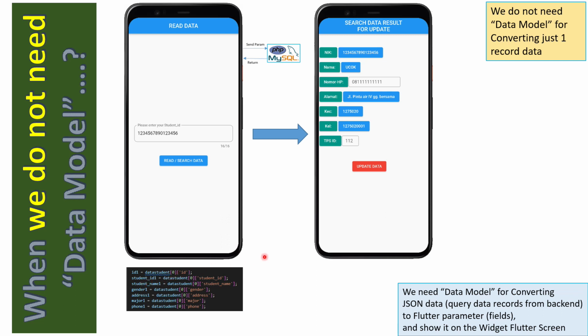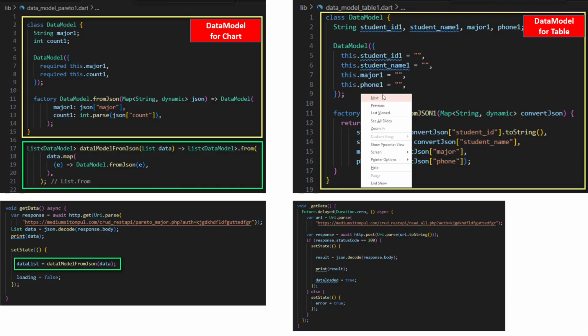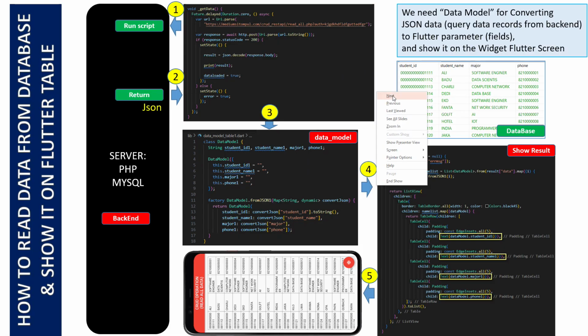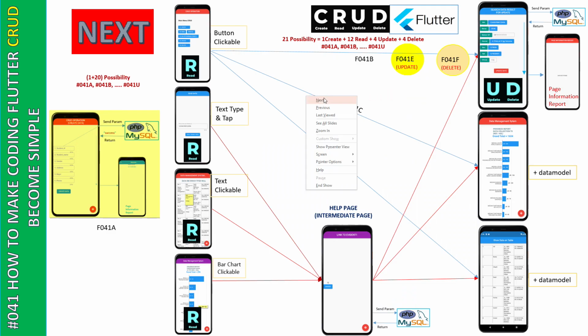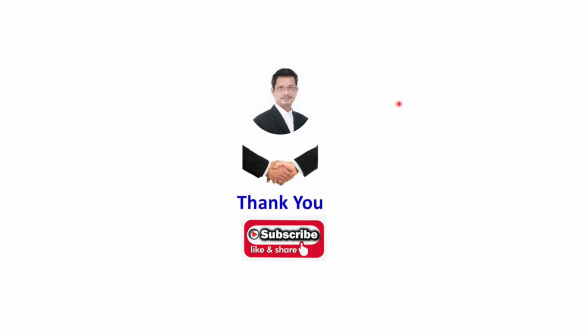We don't make one data model to convert all the data records to a data model. Why? Oh, too much on our page. Okay, I think this is enough for this time.